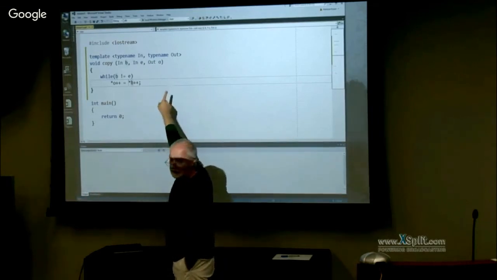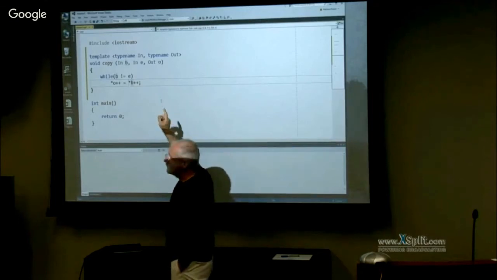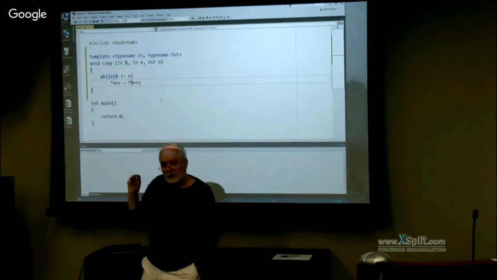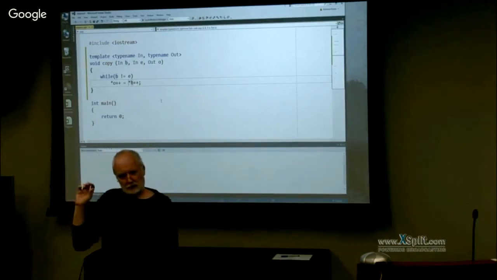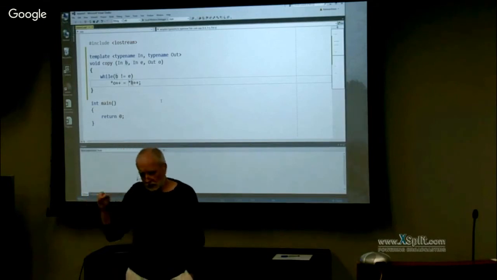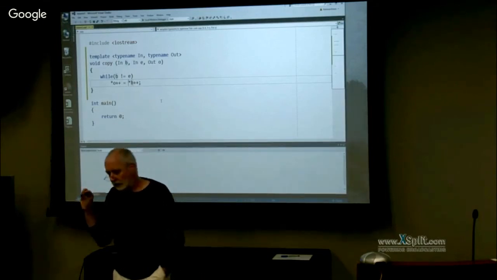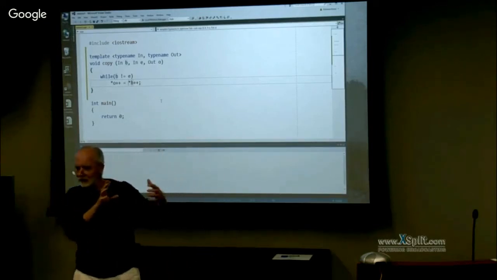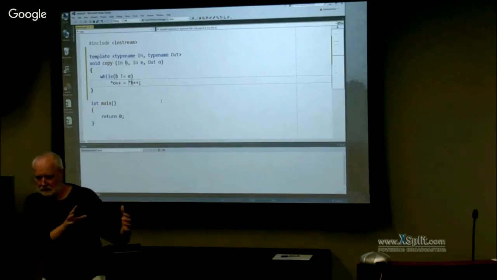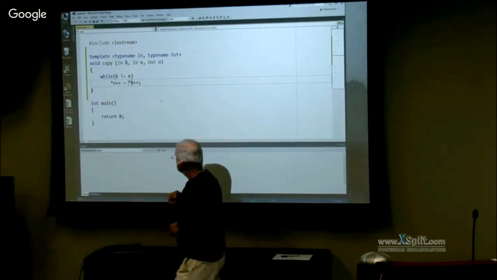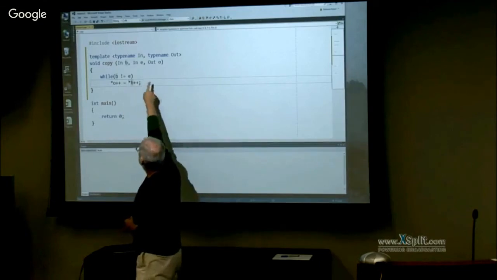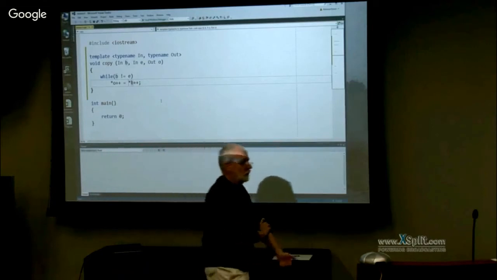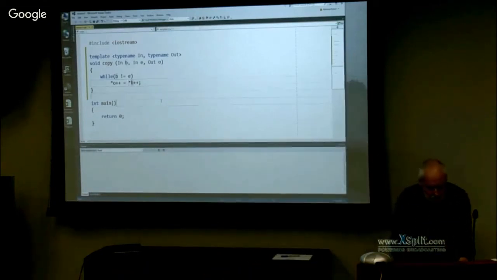Now, the template syntax is very specific to C++, and essentially just tells the compiler, I'm defining not a concrete function which is doing the copy operation on concrete types like pointers, but I'm defining a template for a function. I'm just telling you how a copy function has to look whenever I'm using it. And it also tells the compiler, please figure out what those concrete types are from the spot where I'm using the function. So let's do that in our main program.